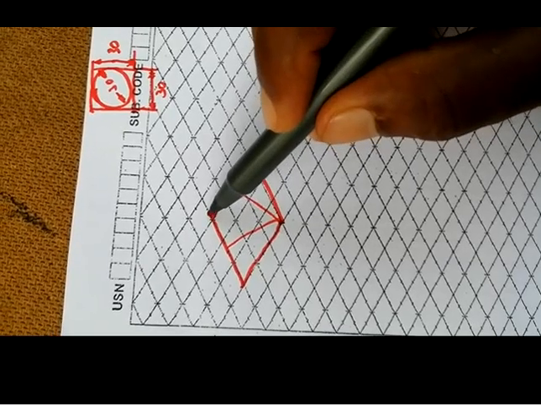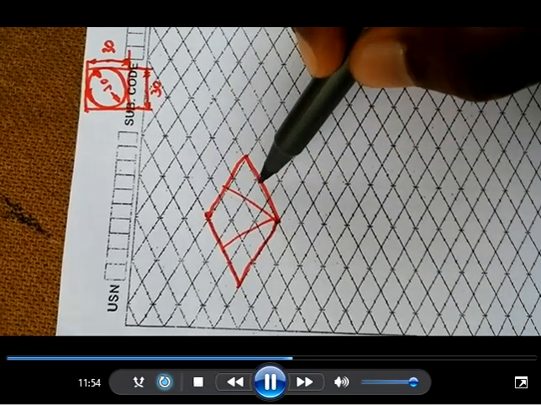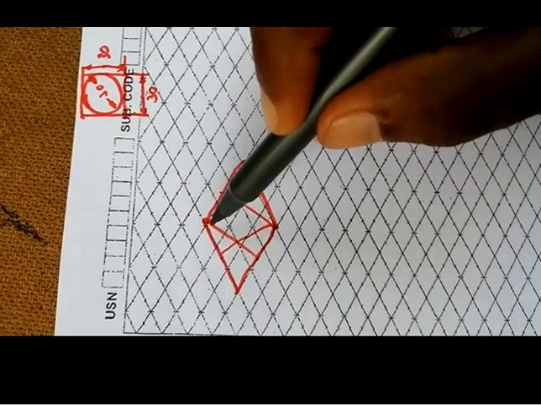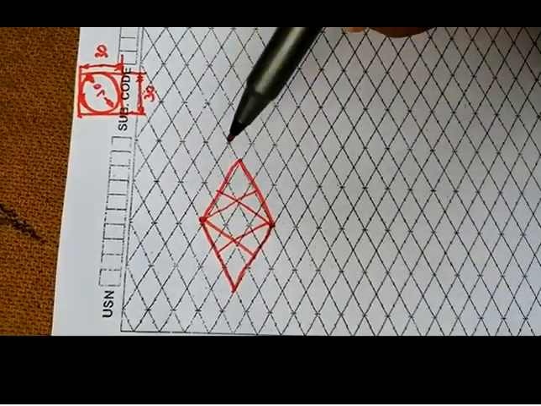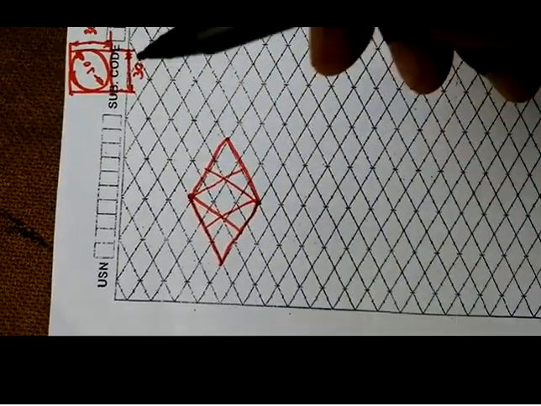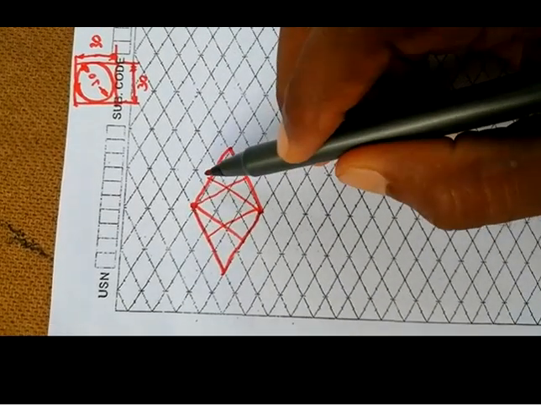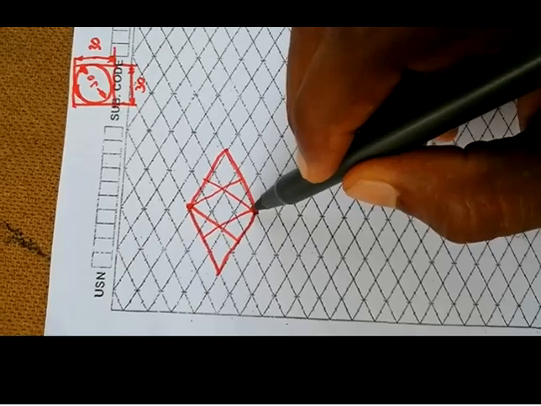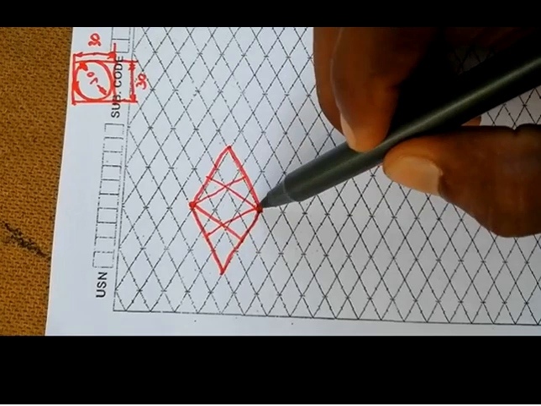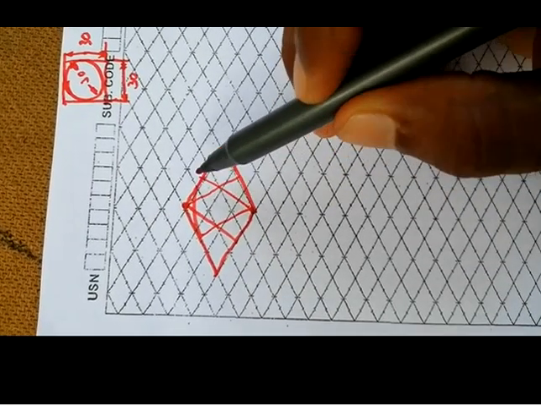Now consider the second corner. Same procedure I will follow. For this corner, these two are the opposite sides. So corner to midpoint of the opposite side, again from corner to midpoint of the opposite side. After this, consider this corner itself. You have to cut one arc. For that arc, this will be the center and this will be the radius. So taking this one as center, cut one arc here.